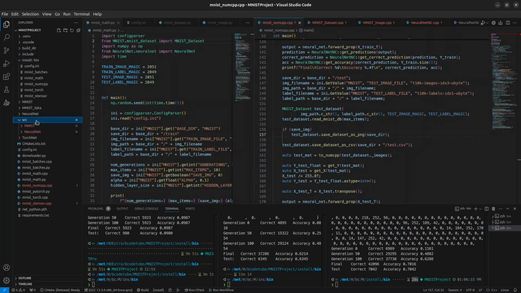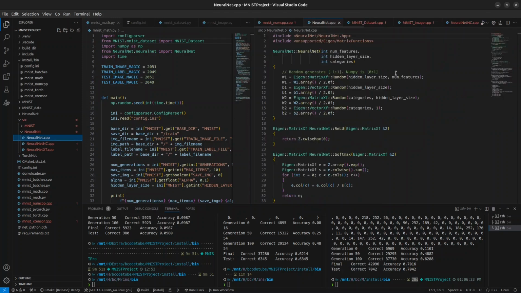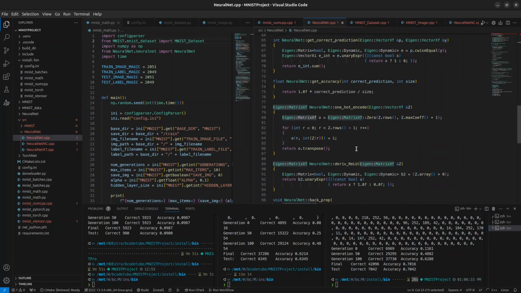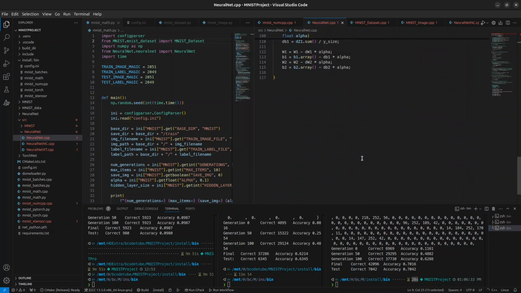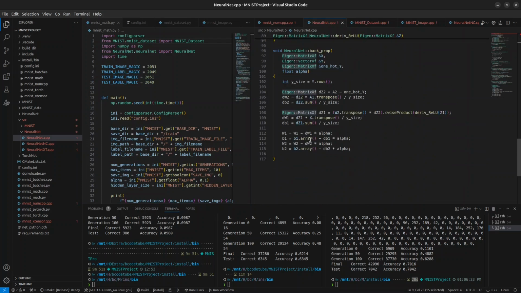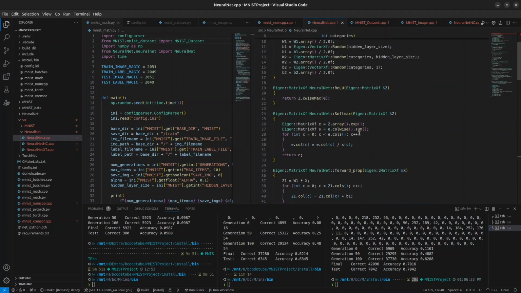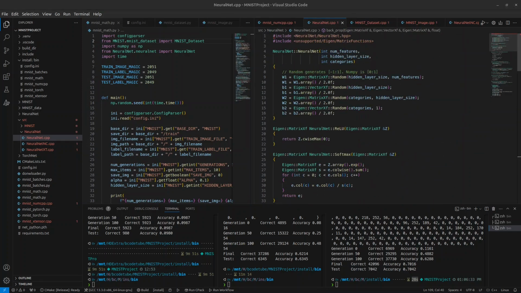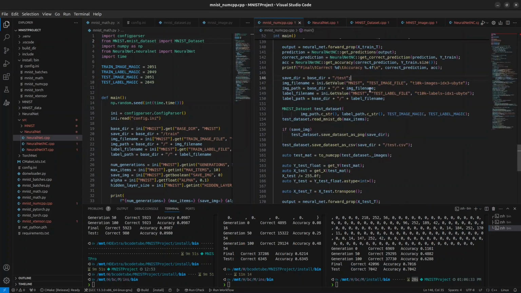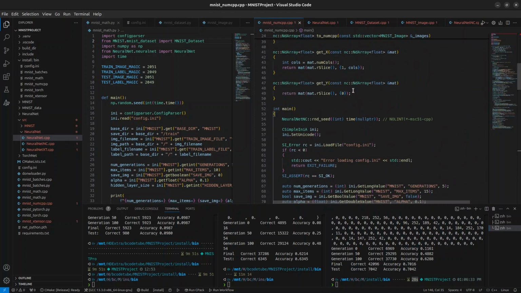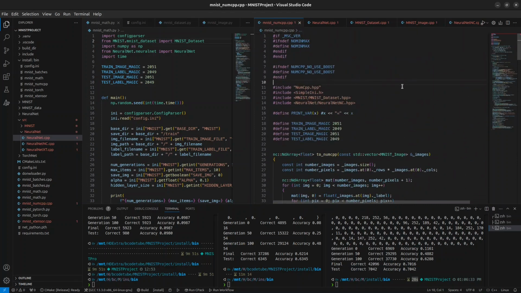Just so you know, the Eigen, I showed the code in previous videos, but it uses the Eigen library for the matrix calculations and the transpose and the dot multiplications. Yeah, so for me, it looks like if I had to use one of them on C++, I would use NumCPP